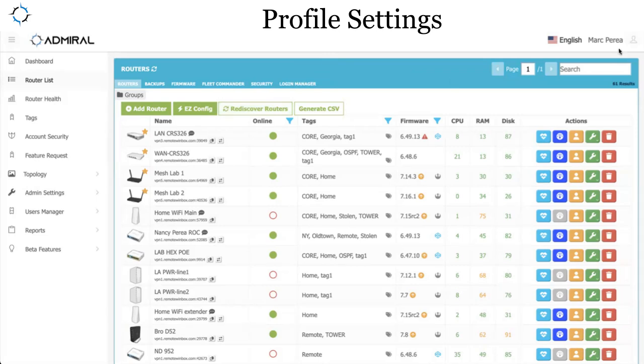You can find your profile by pointing up here to your name, and there's a little icon that allows you to select your profile. In the same menu, you can click to get to our documentation, our changelog, how to get support, and to sign out of your account. So if we head over to profile,